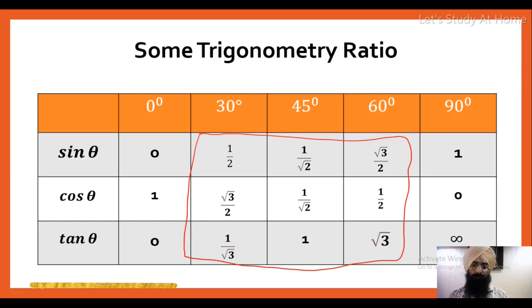Firstly, you should know what is sin 30. Sin 30 is 1/2, sin 45 is 1/√2, sin 60 is √3/2, cos 30 is √3/2, then 45 is 1/√2, 60 is 1/2 only. And tan, in 90% questions we will use only tan. Okay, keep these on your tips. Tan 30 is equal to 1 by root 3, tan 45 is 1, and tan 60 is root 3. Okay, this we are going to use. Take a screenshot if you want, otherwise I am going to next.